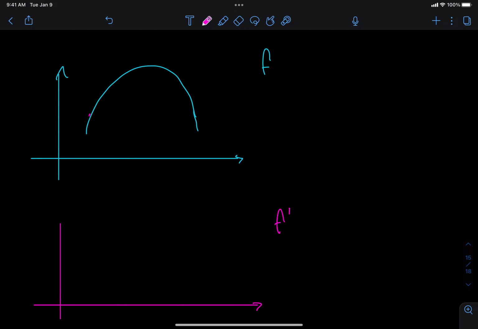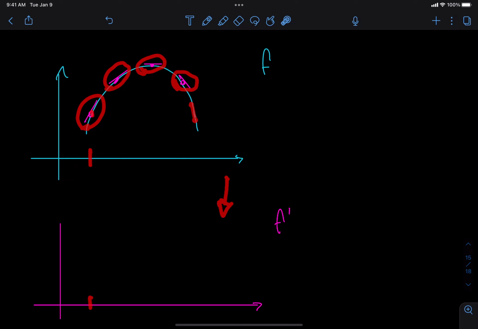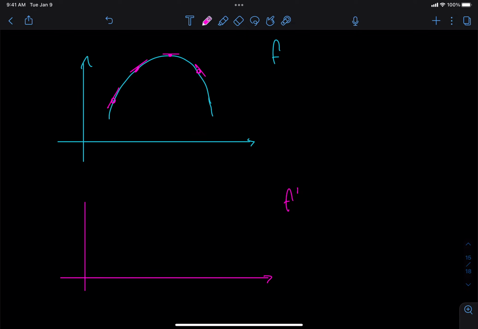So what we do is we take the slope at various points, and we ask ourselves, what is that slope and what's happening from left to right? For a given x value, I'm going to make the height of the function on the bottom whatever is the slope of the associated tangent line from the previous graph. So this tangent line has a positive slope. This one has a positive slope, but less positive. This one has a zero slope, and this one has a negative slope, and then the slope's getting more and more negative, right? So if I were to draw that as a graph where I make the height whatever was the slope of the previous graph,